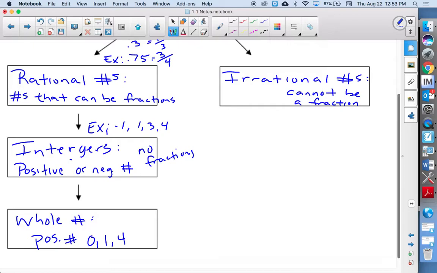So the square root of 2, if you put the square root of 2 in your calculator, you would have some weird decimal number, okay? Another irrational number